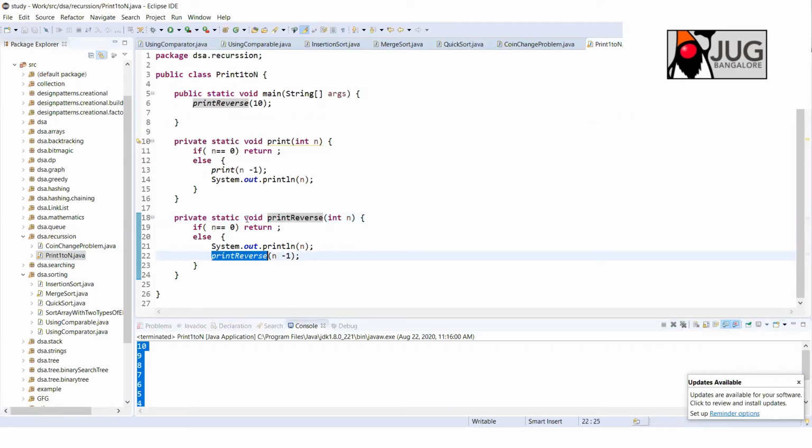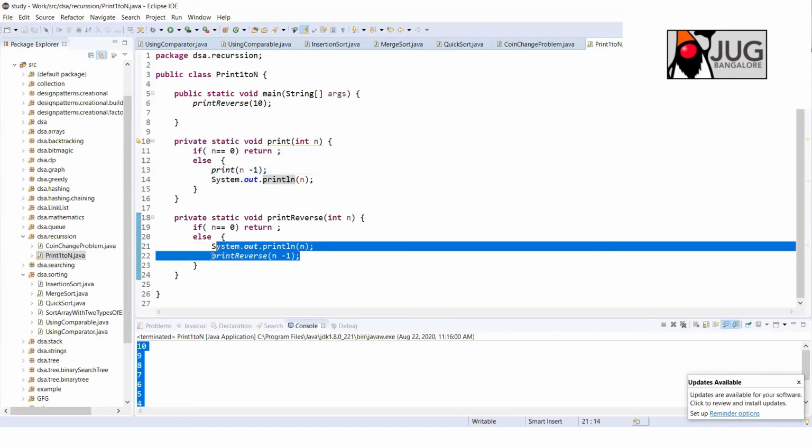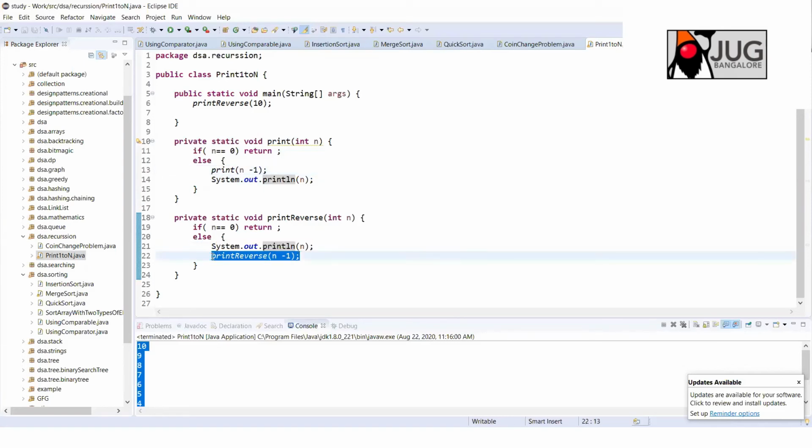If you pass 10, you call 9, and then recursively you keep calling, and finally when n becomes 0, the first element is printed because that recursion call just ended, and then finally 2 will be printed, like that it goes. But in reverse order, first you are printing the element, and then you are calling the recursion for the ninth element.